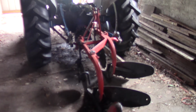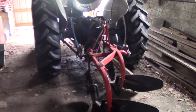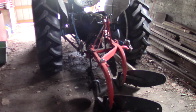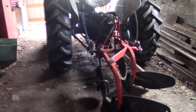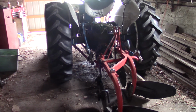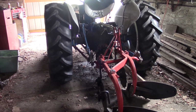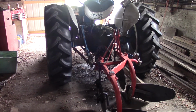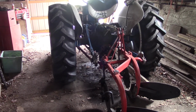Hi everybody. Talking today, I had the tractor out, took my grader blade off. Really only had the tractor out about twice this winter. It's like the first week of April now. Had the tractor out, like I said, about twice. I needed to move some snow with it. The rest of the time it was just